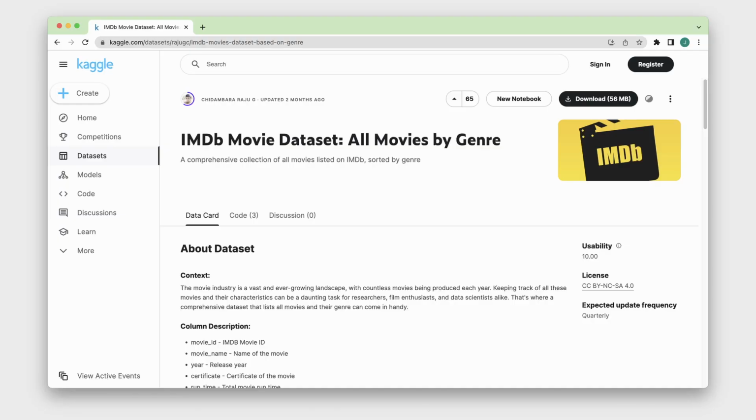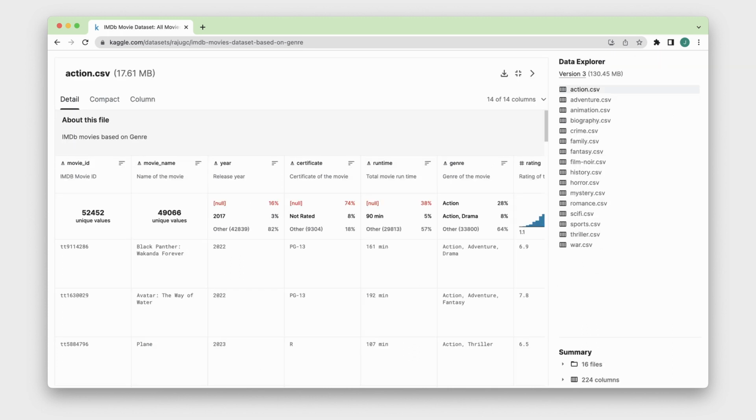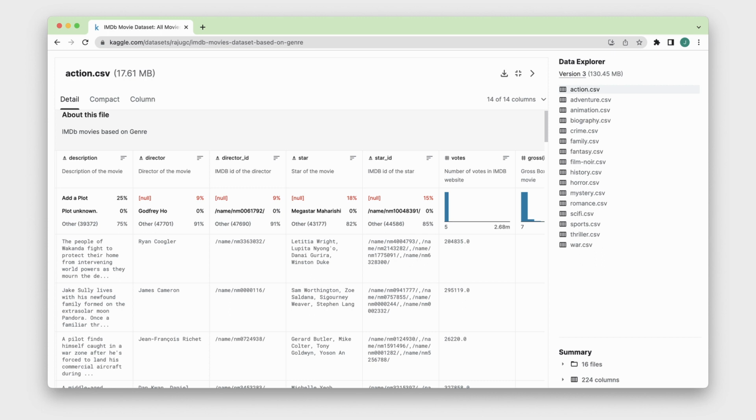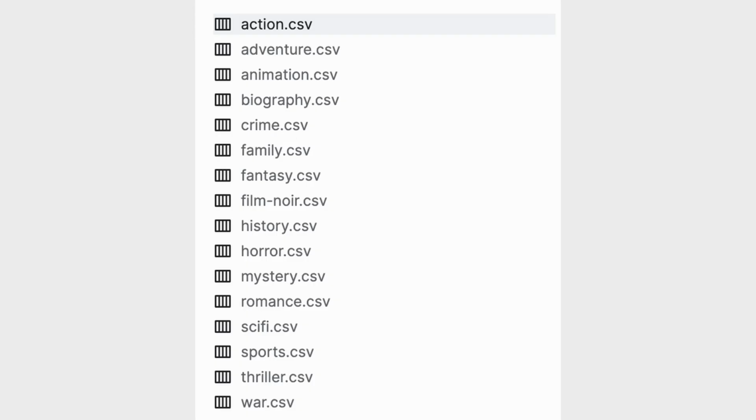The data source used in my project is the IMDb movie dataset, or movies by genre, from Kaggle.com. It includes movie metadata such as movie name, total runtime, genre, rating, director, and gross in US dollars from the IMDb website. The data comes in multiple files, so I have to combine all the data to make it more